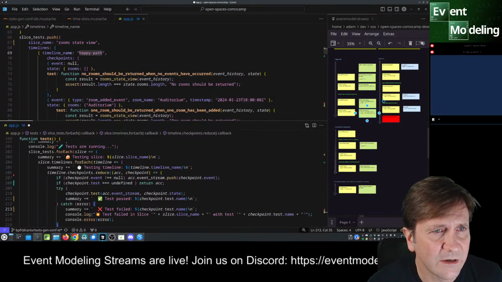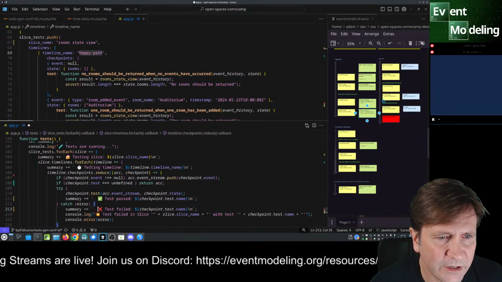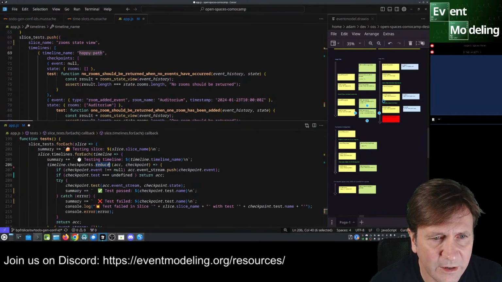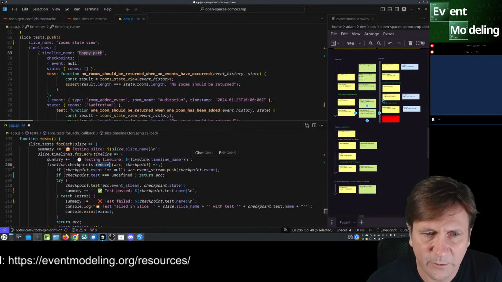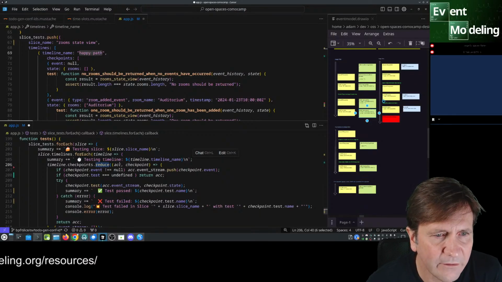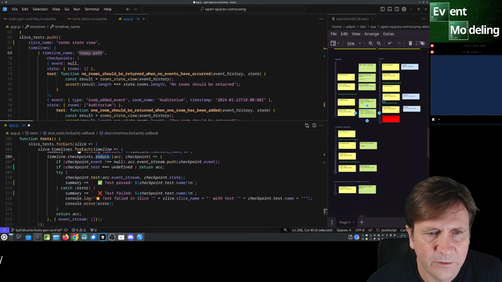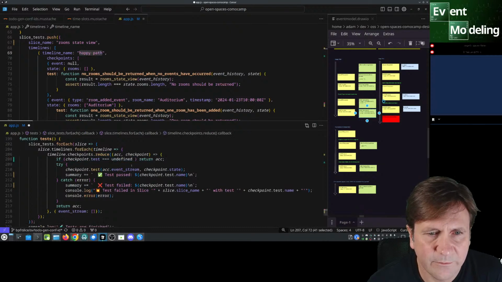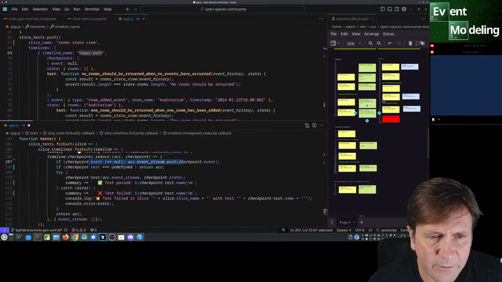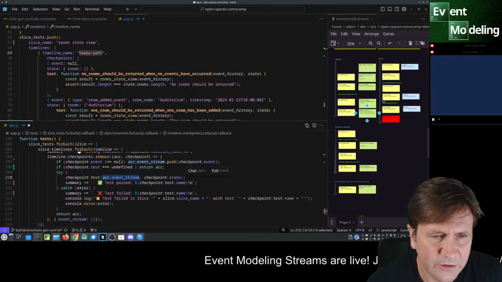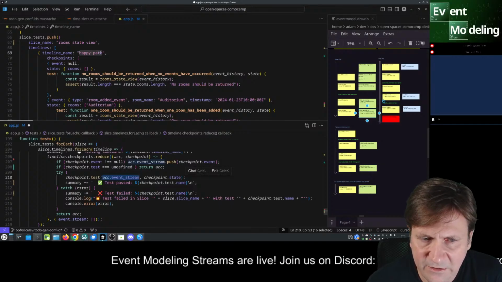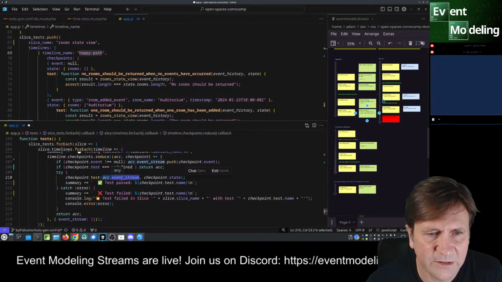Now that we're testing a whole timeline, we go through each checkpoint. And this is where the reduction happens. This is where we start to accumulate any events that we have. So yeah, we push the current event onto the event stream. And that's actually important that it's there, because we do take the current accumulation of events as the event stream when we actually do the test.